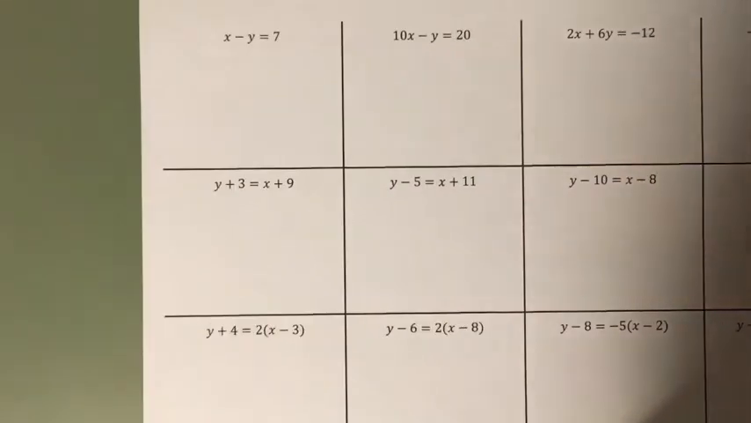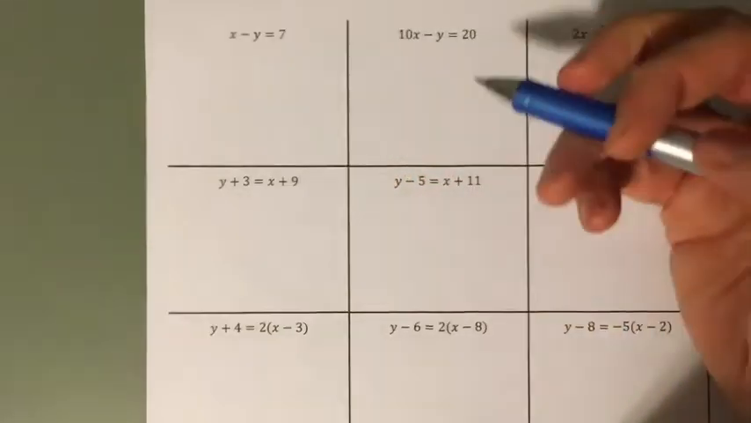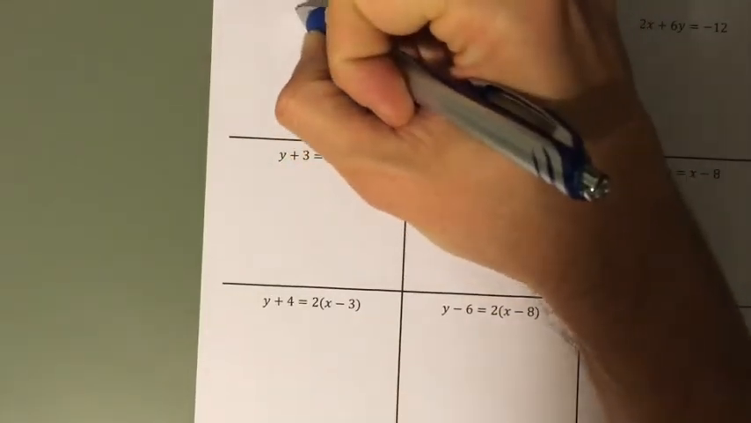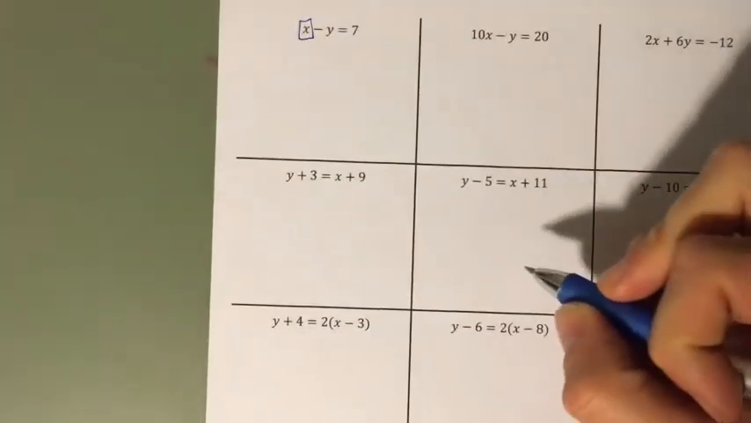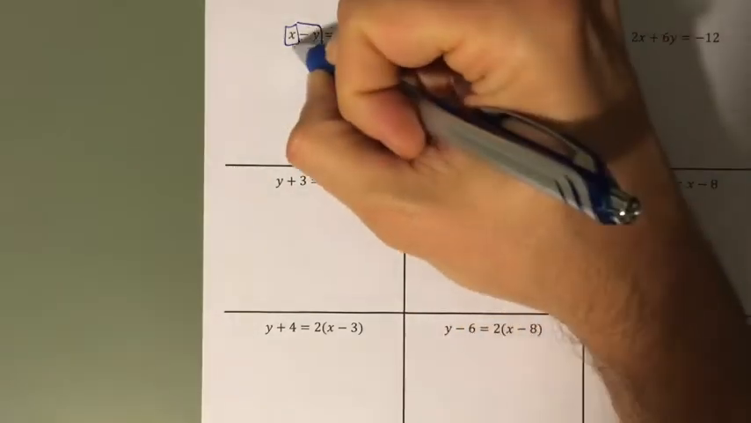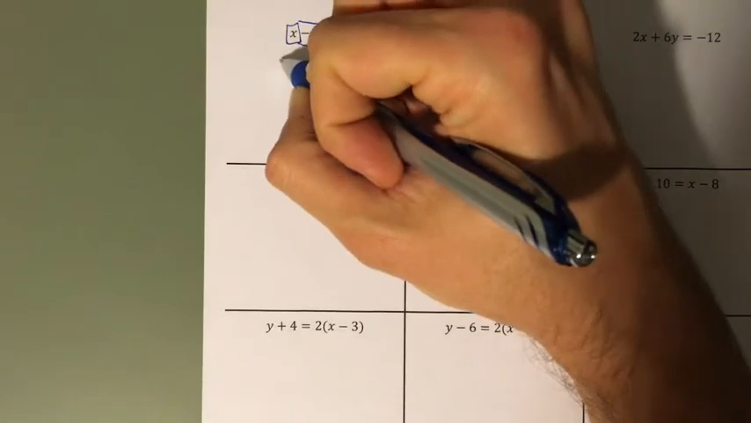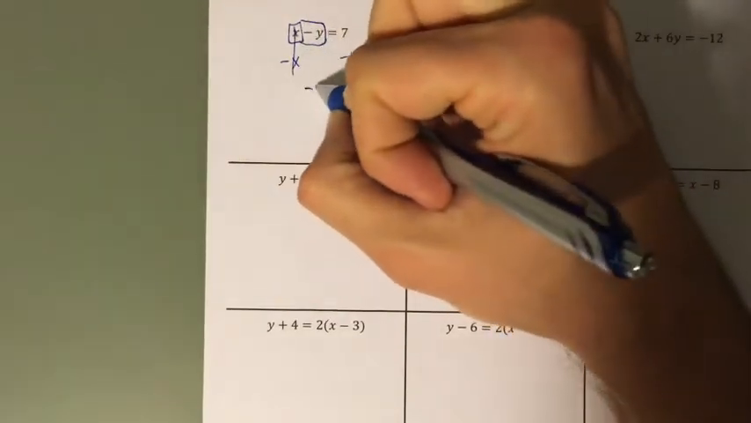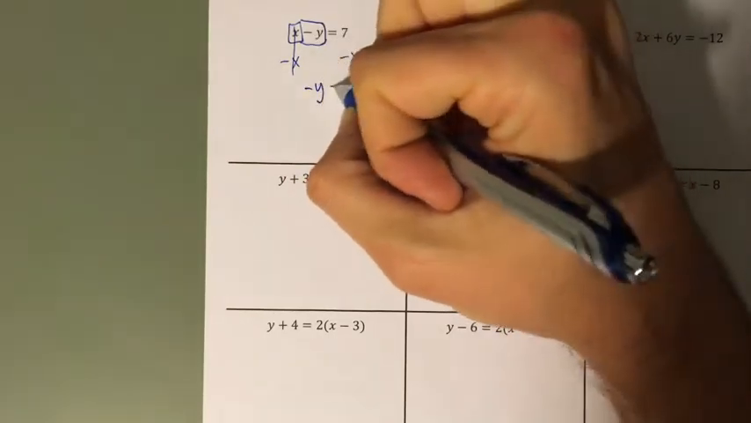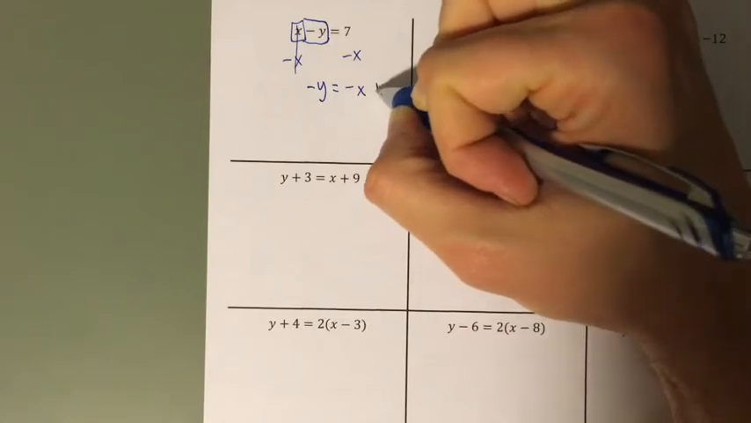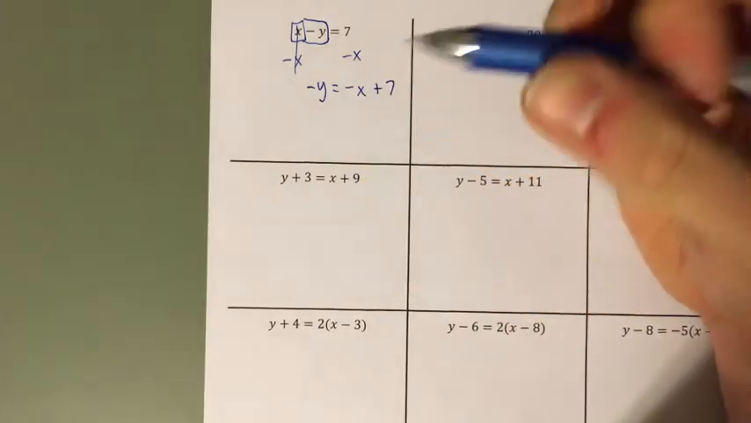Yeah, let's do this. So let's go here. This first one, x minus y equals 7. This one's a little weird just because there's a negative with the y. So the first thing you're going to do is just get rid of the x, right? So negative x cancels. But that negative y, I just bring that down, and that is not the same thing as the regular